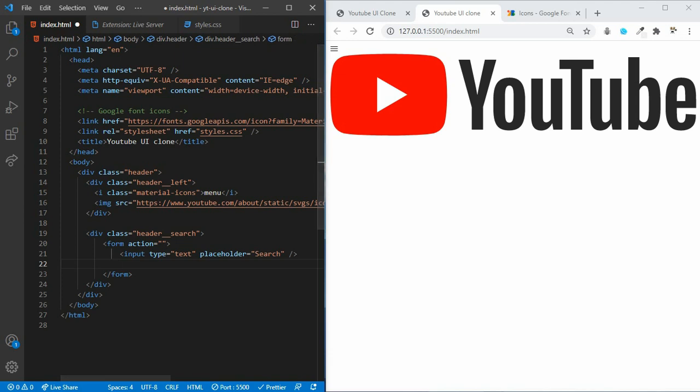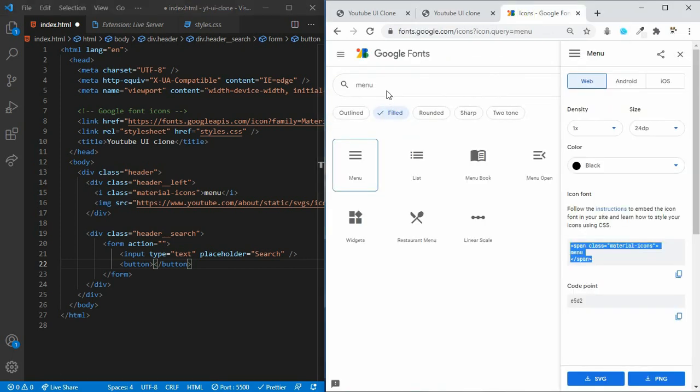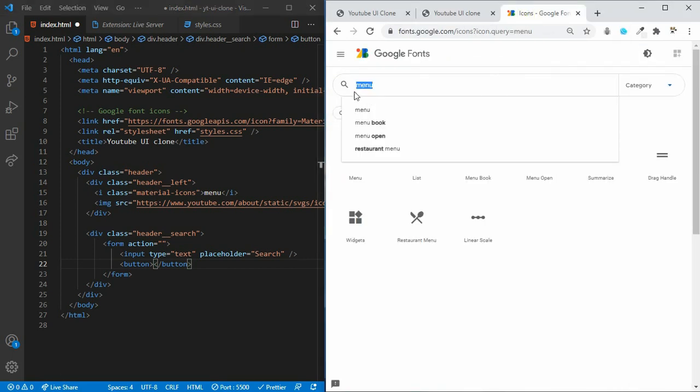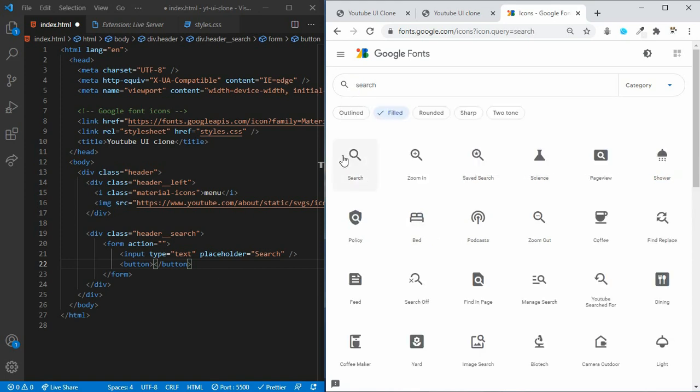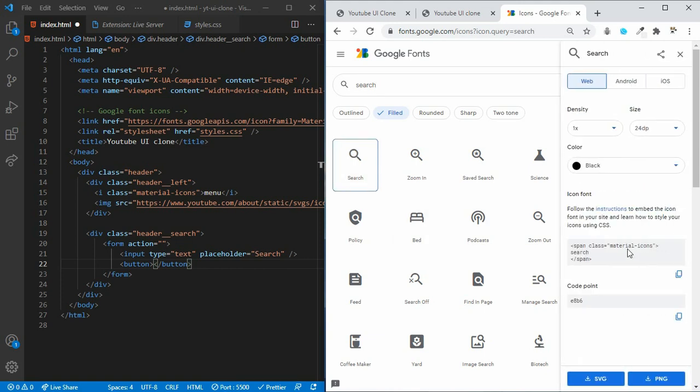Okay, now we are going to need a button. Inside of this we will be using a search icon. So let's head over to the icon section from Google Fonts. Let's search for search. So we will be using the search icon.